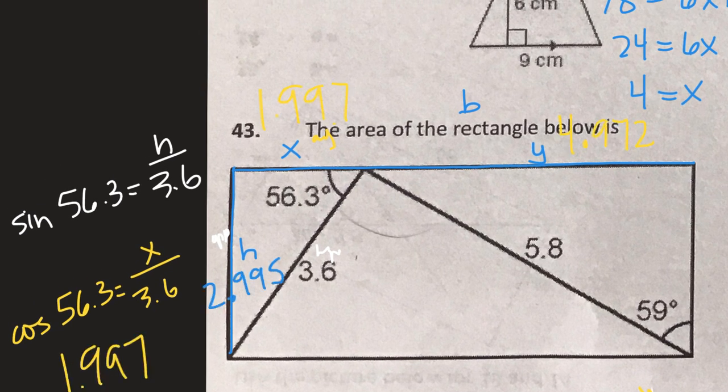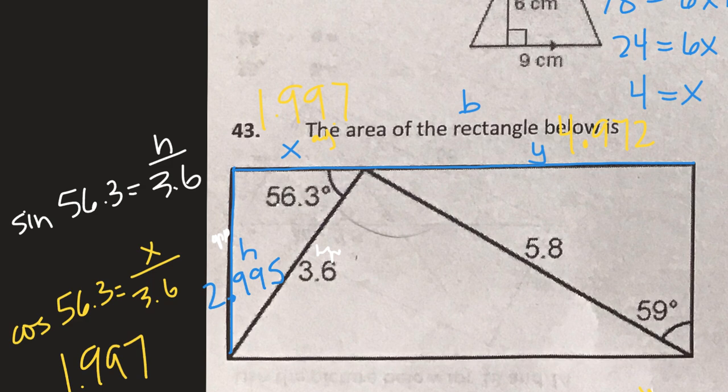Okay, so my height is 2.995, right? That's what I got when I did 3.6 times the sine of 56.3. I did 3.6 times the cosine and got 1.997, and then I did 5.8 times the sine of 59 and got 4.972. So if I do 2.995, which is basically 3,